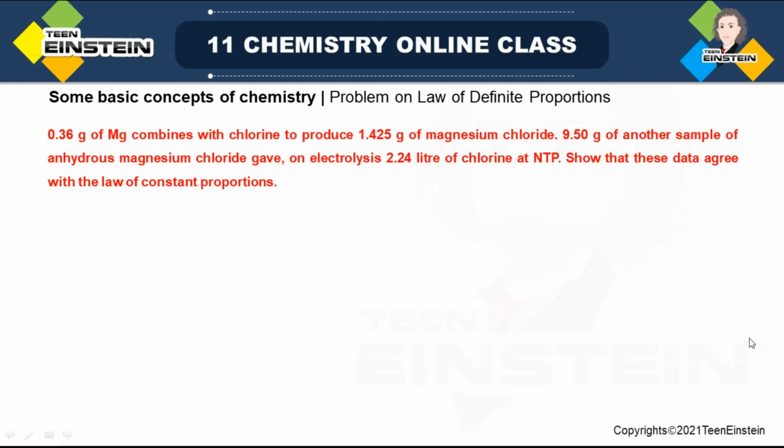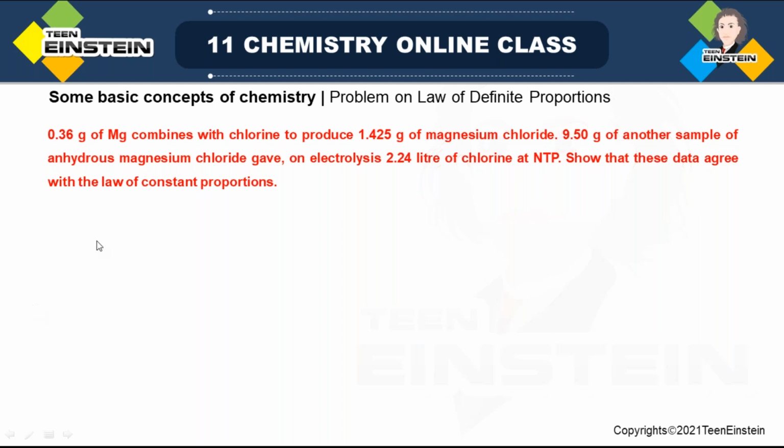Hello everyone, we'll start with a problem and then there will be two more laws of combination, which are reciprocal and multiple proportions. After that there will be Avogadro's law, and then some related problems, and also Dalton's atomic theory and its limitations. So here the problem is saying that